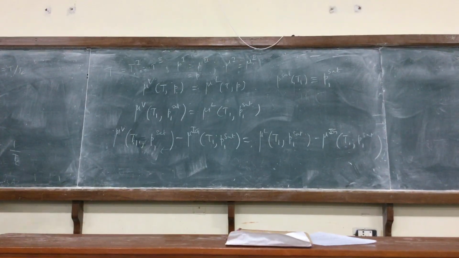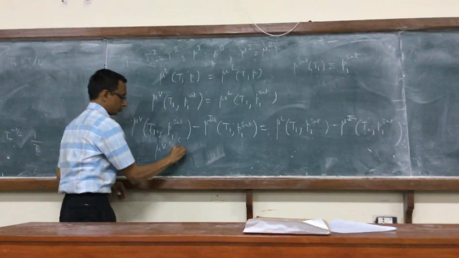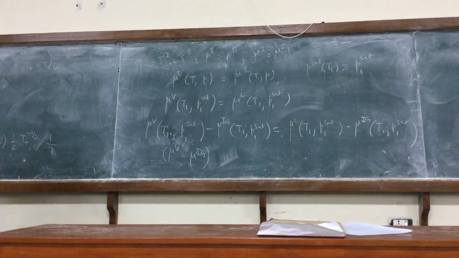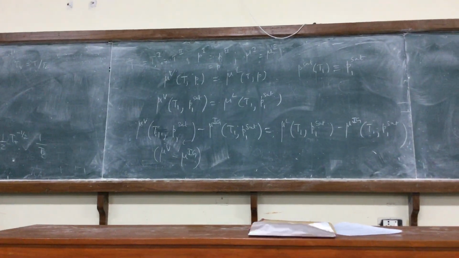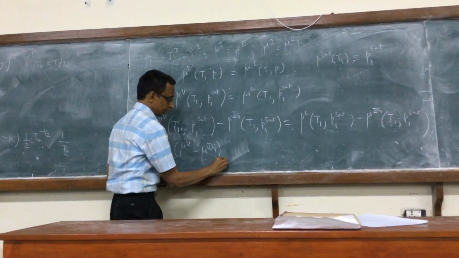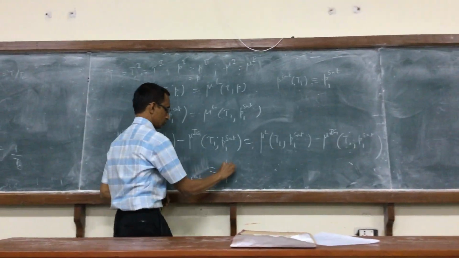Now I can write this as, recognize that this is nothing but a departure function. Only difference is now we have calculated for two phases separately, right? And T1, now it is P1 sat is equal to